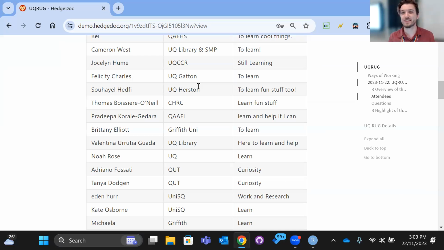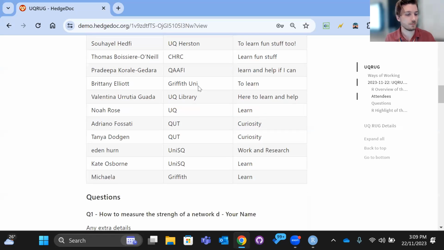It's a community. I'm happy for whoever to come along because we learn by helping each other as well. Often people ask questions I have no idea about, but someone in the room might have some idea, and then I get to learn, and everyone else does too. And I'm a big fan of there being no such thing as stupid questions. So if you're like, oh, this is too basic a question, if you've got the question, come here and ask it. Even if it's only tangentially R related, feel free to put it in there as well. We might prioritize other ones, but yeah.